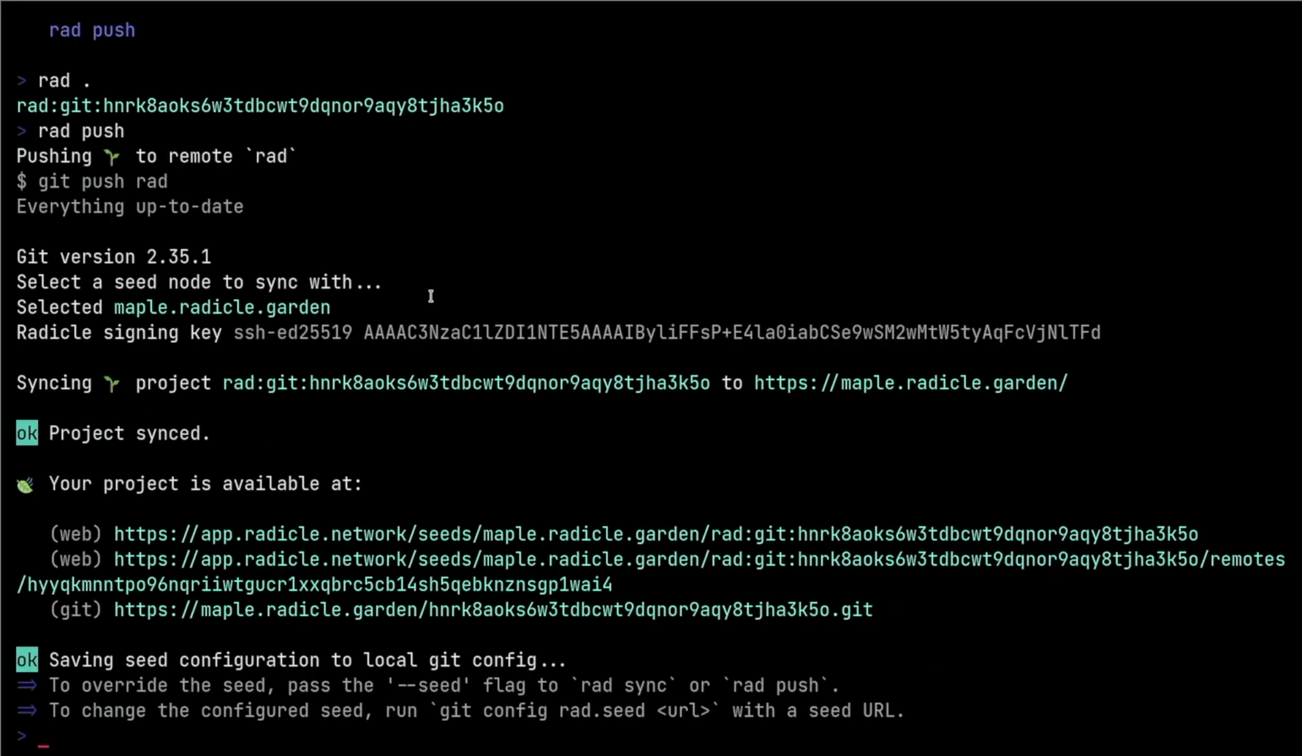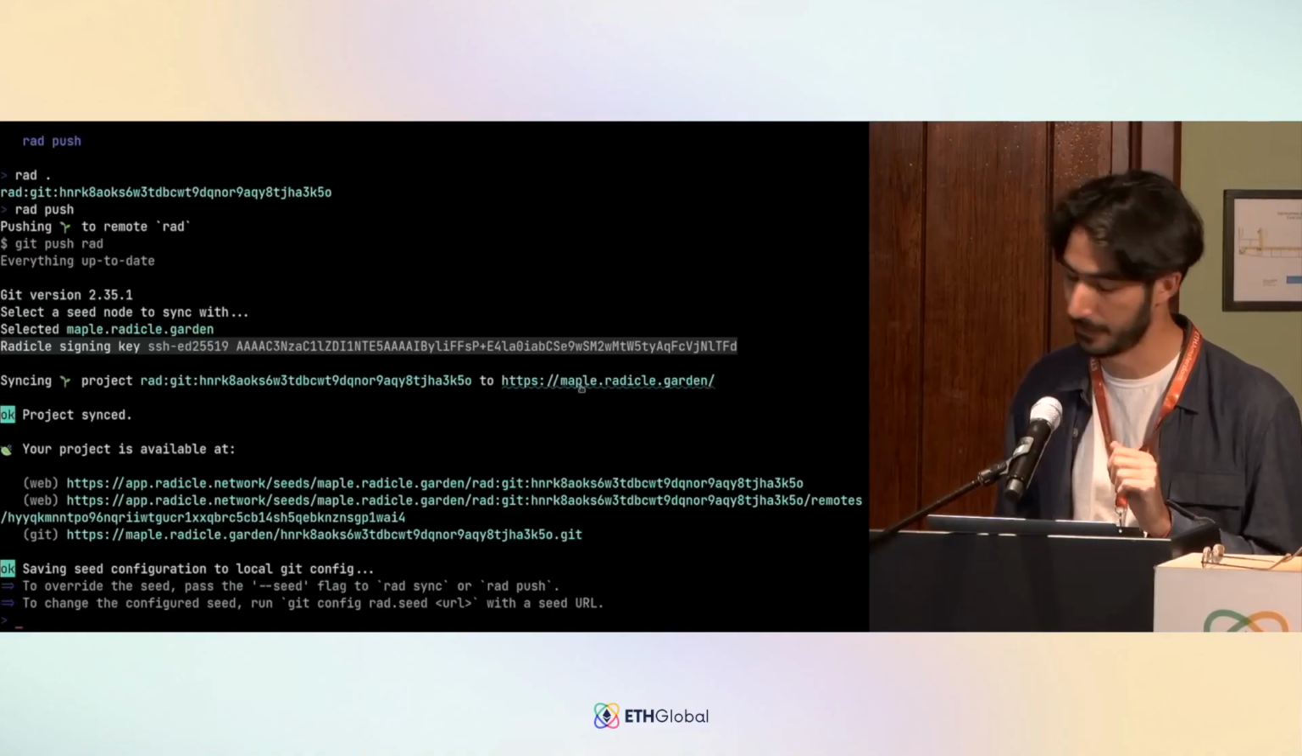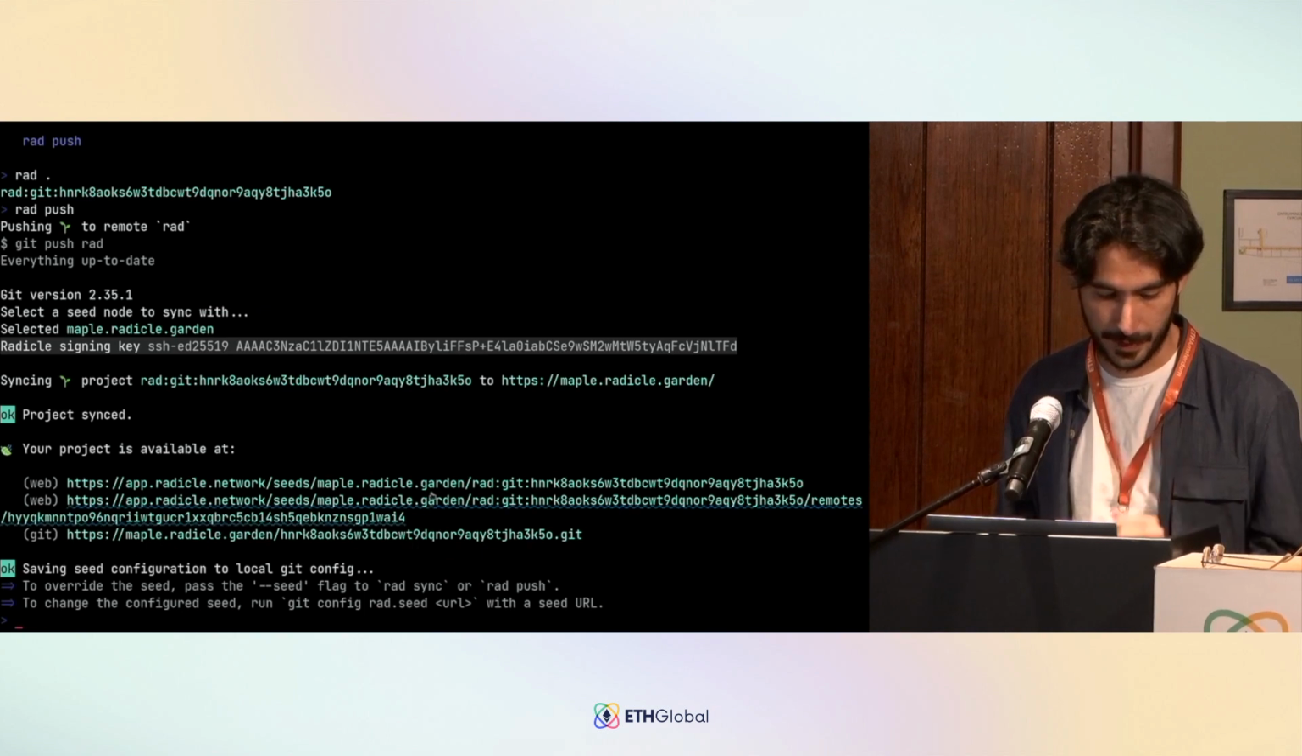And so it's going to do its thing. And now, a couple of things. In the output here, we're using, again, this Radicle key, which is also an SSH key, so it's compatible with all sorts of SSH things. Okay, syncing the project ID. We see that it's syncing it to this seed node here. And when it's done, it's telling us that we can view